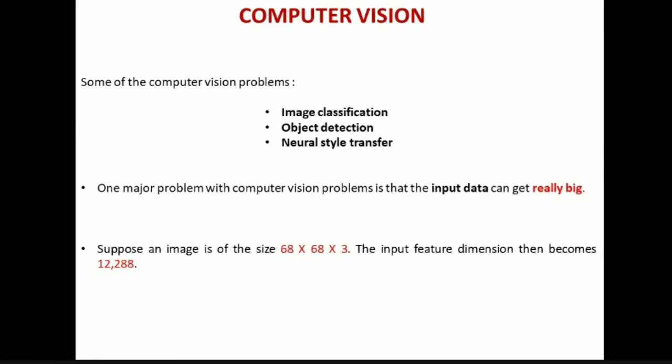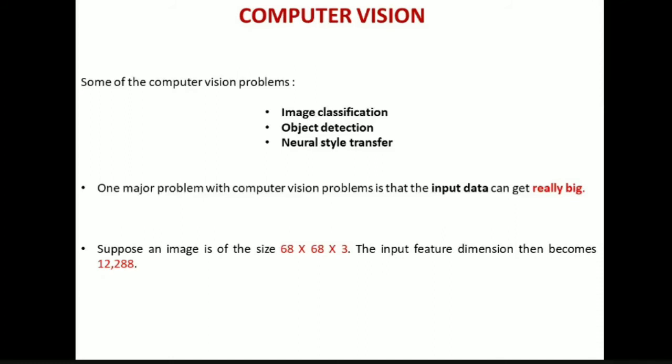And for the second one, don't get confused between image classification and object detection. Image classification means we give an input image and ask whether that input image is a dog or not, whether it is a cat or not. That is classification. But object detection means we give an input image and the network must be able to detect what objects are present in the given input image. Say we have boat, cat, dog.